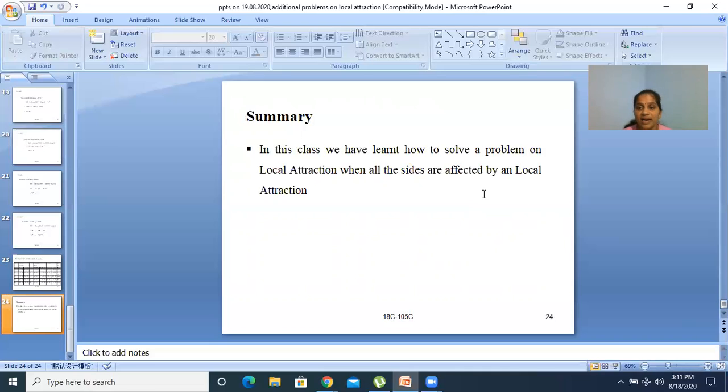In the included angles method, first of all we have to calculate the included angles of all the stations, and then we have to apply the check. The check is (2n minus 4) into 90. If our check is okay, then we can apply the corrections to the bearings directly. Otherwise, if the check is not okay, we compare the check to our calculated included angles, find the magnitude of error, and then distribute this error to all the stations.